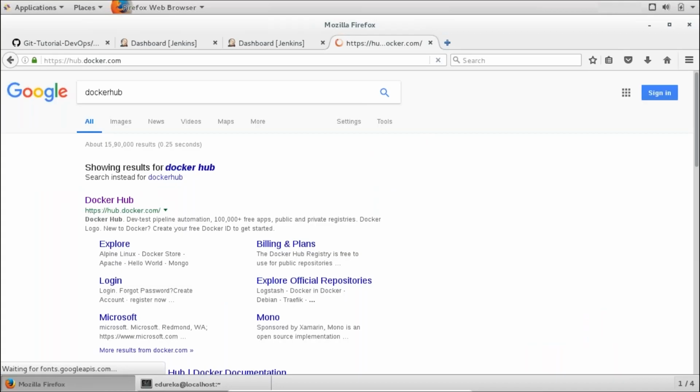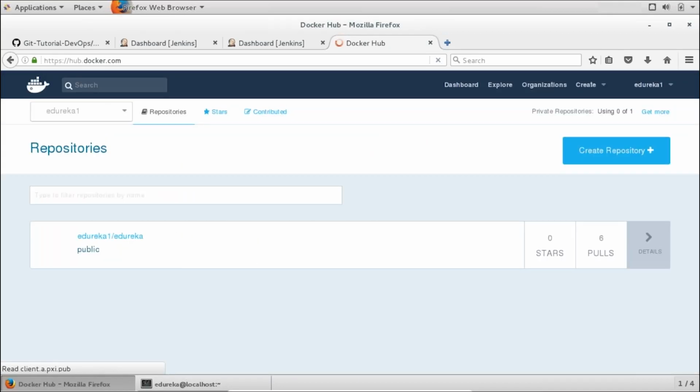If you have not created an account on Docker Hub, you need to go and do that, because for executing a use case, you have to do it. It's free of cost. So this is how Docker Hub looks like, guys. And this is my repository that you can notice here, right? I can go ahead and search for images here as well.